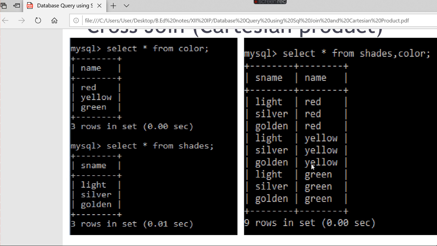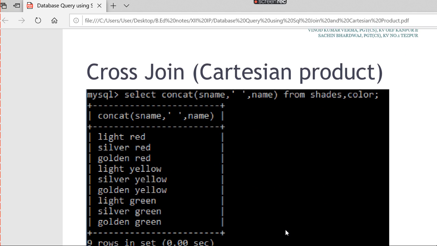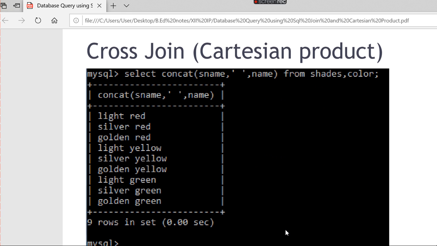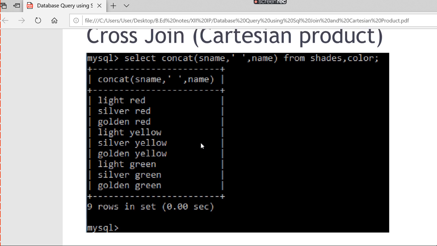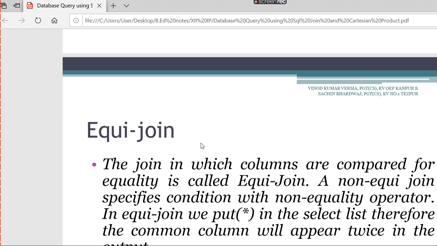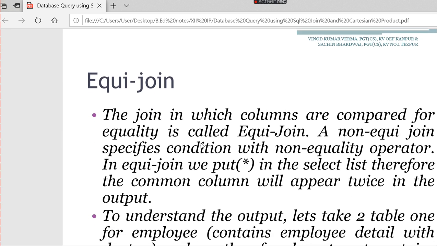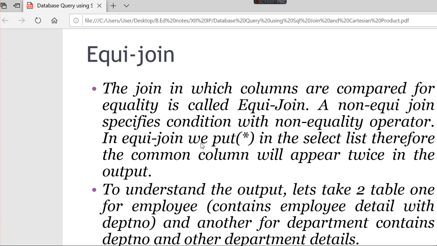So these tables will be joined together to make one table. 9 rows will be there, right? So this is what Cartesian product is. This is the whole connection of Cartesian product resultant fields. This is called concatenation. Next one, equijoin. What is the meaning of equijoin?